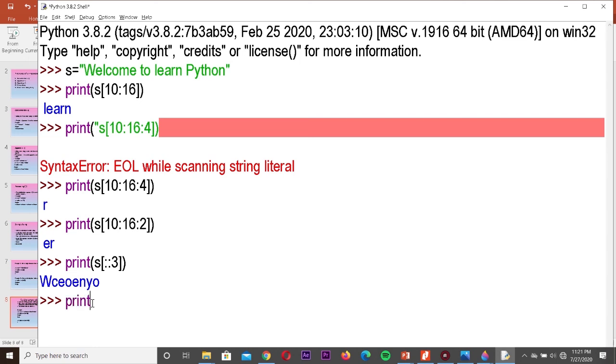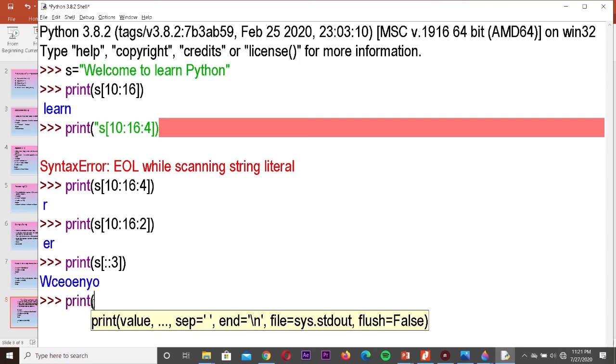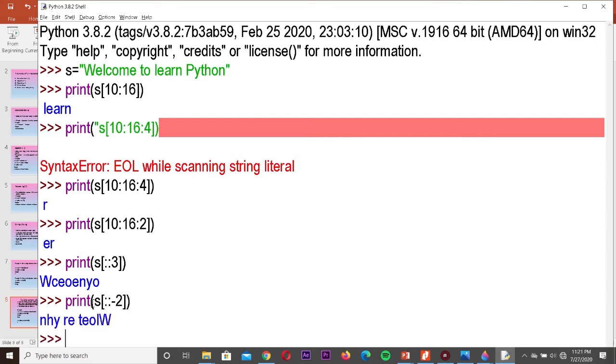If you are giving the negative value, so S of colon colon -2. See, it is writing from the reverse. When we are writing a positive index, the first character we have to write.